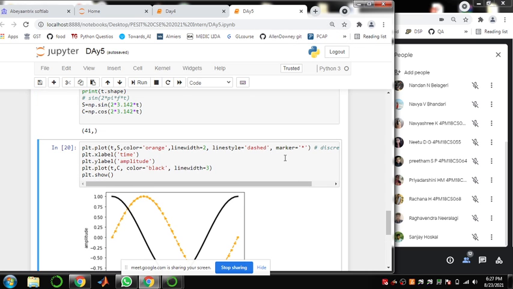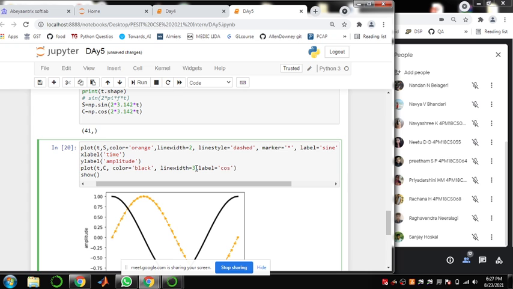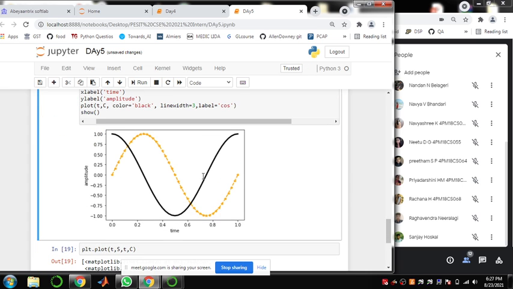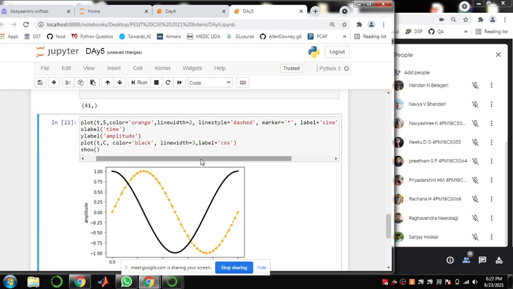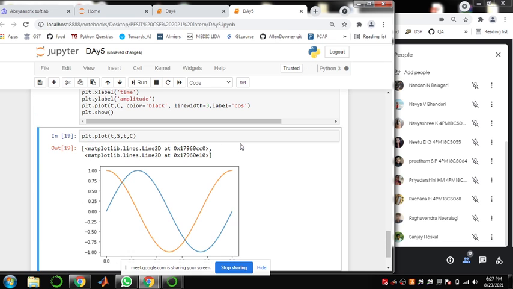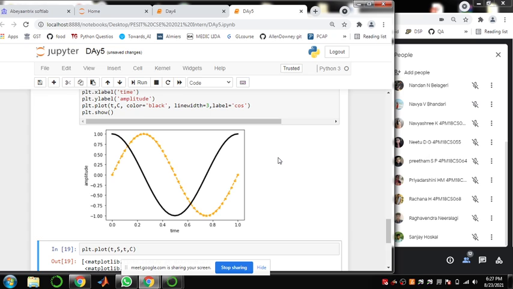Like this, many options are there which you can set if you want. Like you want to label the signal as sine wave, you can mention it as sine. So I'm labeling this as cos. And see the difference. It's not displaying one.